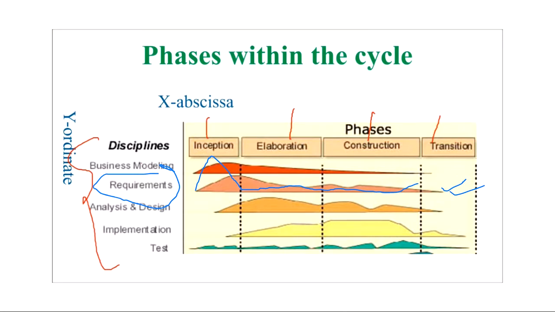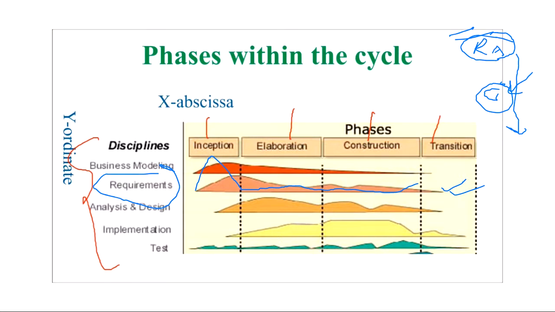Peak and flat, right? Why? Because in the waterfall model you can go only in one direction. If you are doing requirement analysis, you have to do every requirement analysis in this phase only. Whatever you have to ask the user, ask it this time. Suppose you are coding and the user says, okay, I need this additional feature also, you will not incorporate it in the waterfall model. You will say, you should have asked earlier. Now I can't do anything.